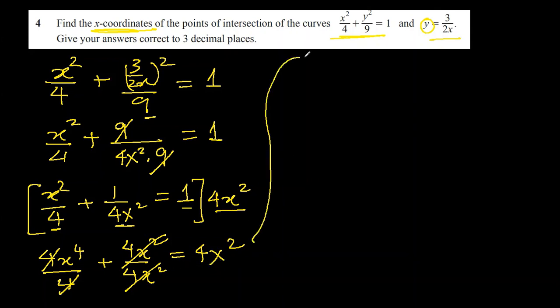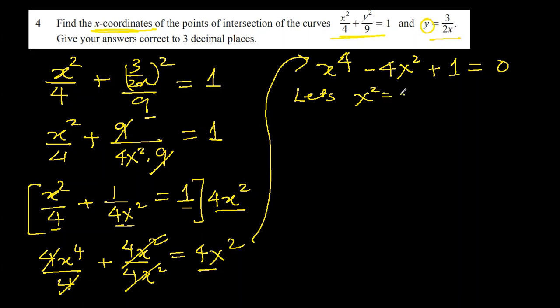So we can rearrange this equation now as x to the power 4. Then this 4x squared, I will take it to the left side, minus 4x squared. Then nothing left here, so what are we left with? 1. If everything is cancelled, it is 1. So now, x to the power 4, x squared, x. It looks like a quadratic, but quadratic has a power 2, not 4. So we'll say, let's assume x squared is equal to m. So now it becomes m squared, because x squared squared will be x to the power 4,